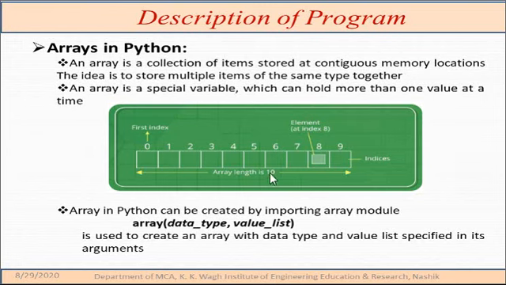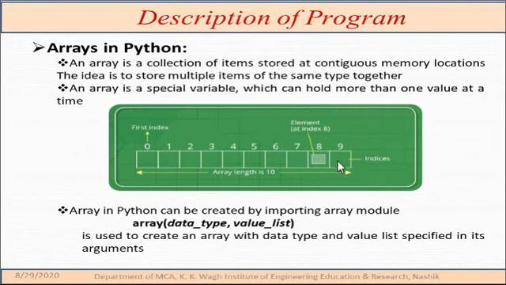That means in a single variable, I can store a maximum of 10 different values, the same type of different values, which we consider here as elements in an array. So for the first location or first index, I may store 10, in the second 20, 30, 40, 50, 60, 70, likewise. Or in between, if I want to store a different number like 55, I may store it likewise. All these are called the indices.